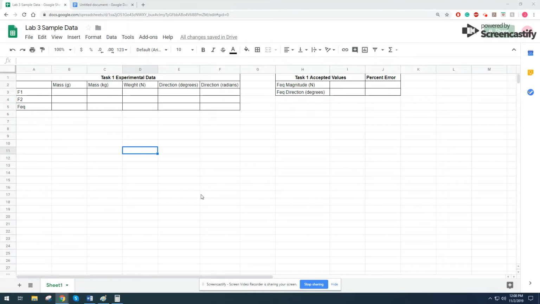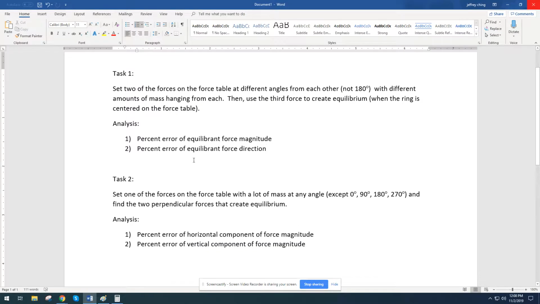Hi guys, so this video is supposed to help with lab 3 analysis, specifically for task 1, where you were supposed to set 2 of the forces on a force table at different angles from each other with different masses hanging from each other, and use a third force to create equilibrium. And you know it's an equilibrium when the ring is in the center, because that's when you know all the